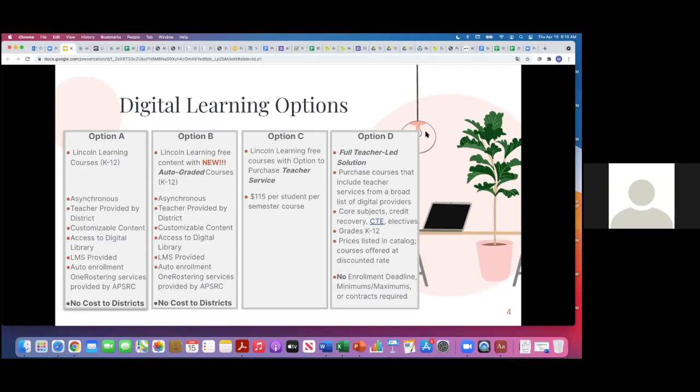And going back to your first question, Brian, if you're purchasing teacher services, those will be with the original Lincoln courses. They will not be the customized courses that your district may have modified. These will be on Lincoln's LMS with the original courses. I hope that helps. And all the courses are asynchronous.